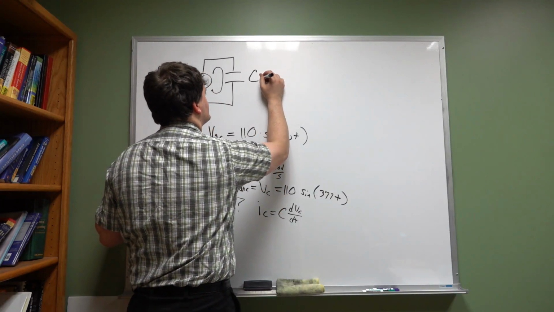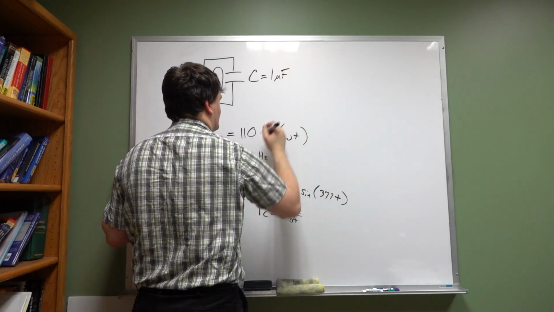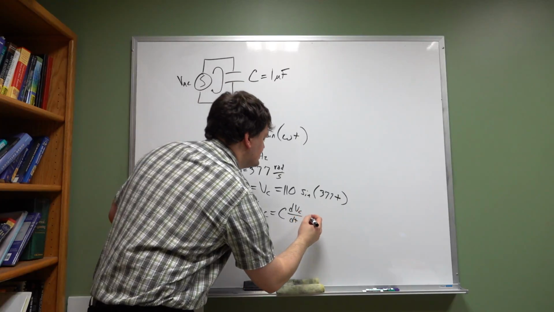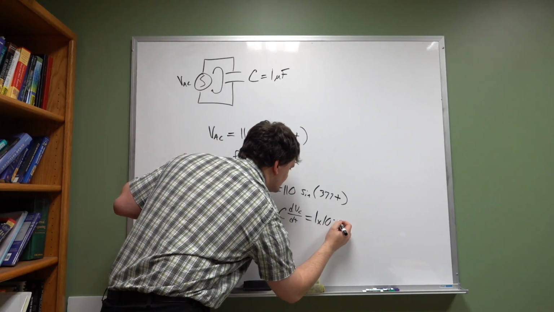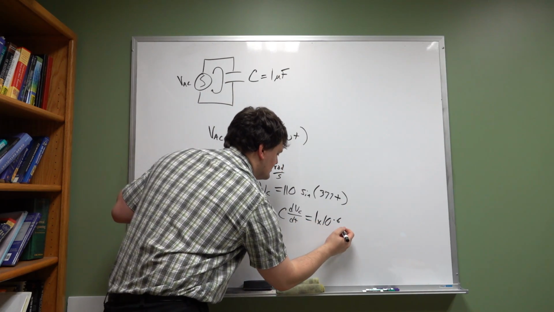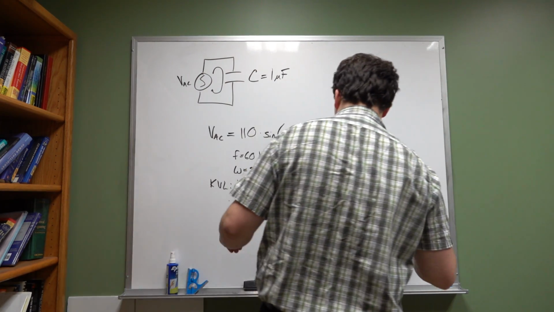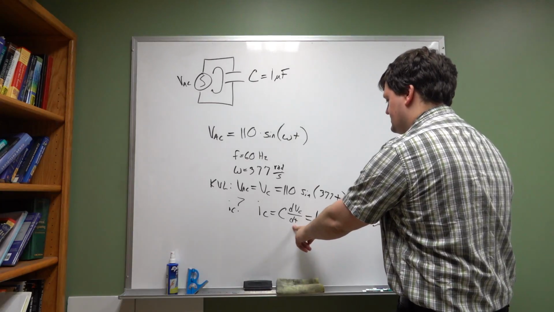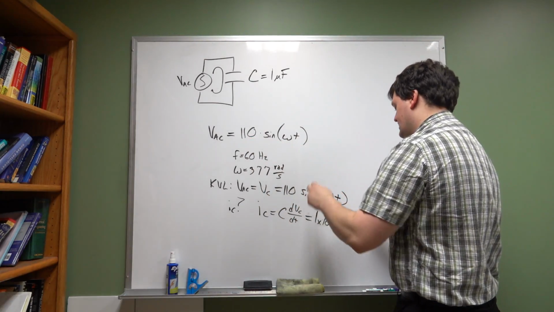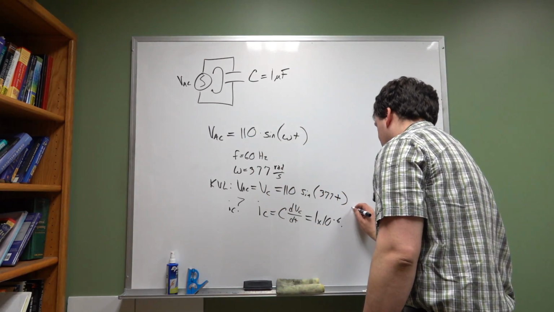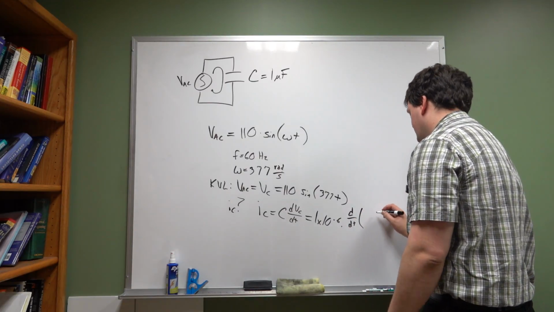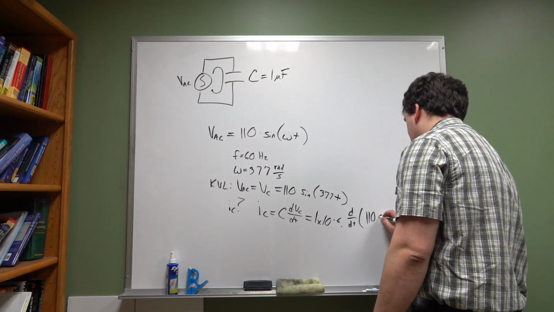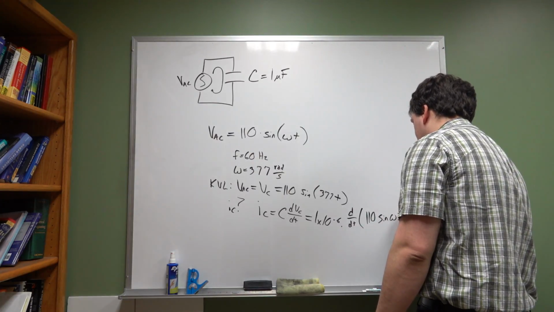So if we give C as 1 microfarad, then IC is equal to 1 times 10 to the negative 6th times dVc/dt, which is the derivative of this, d/dt of 110 sine omega t,